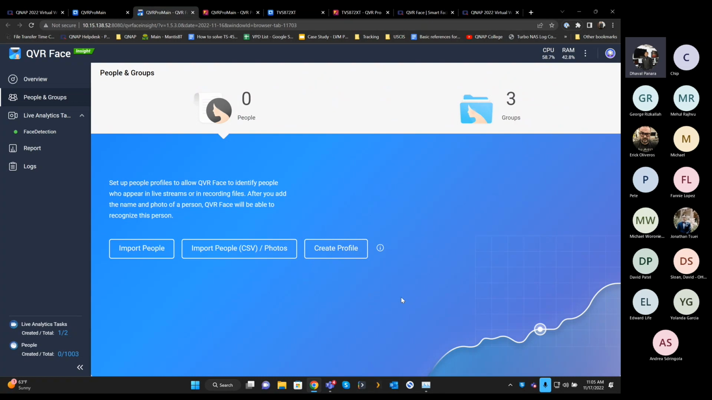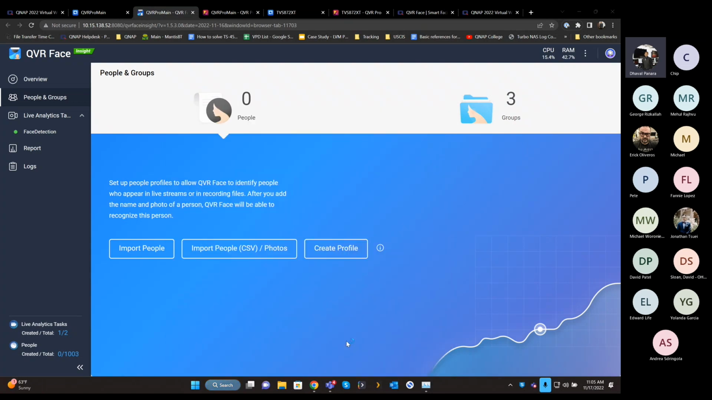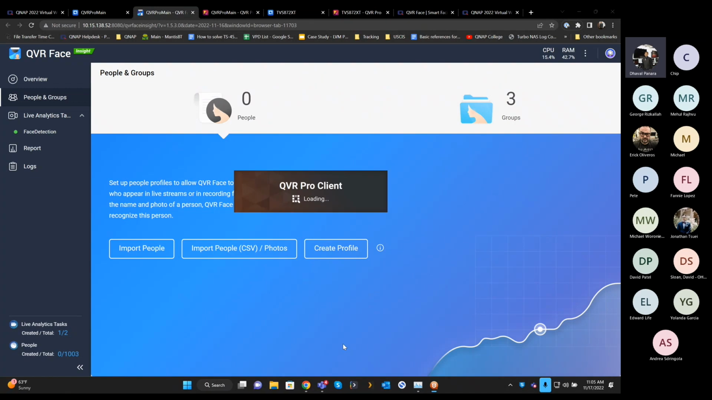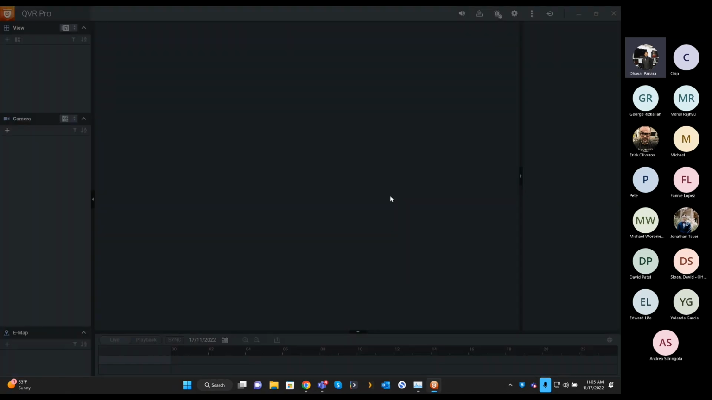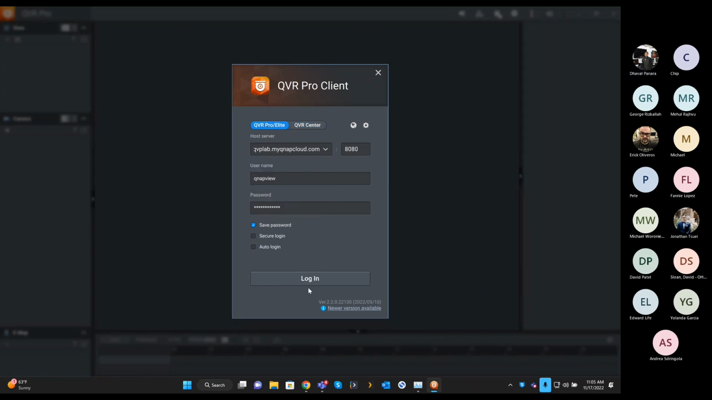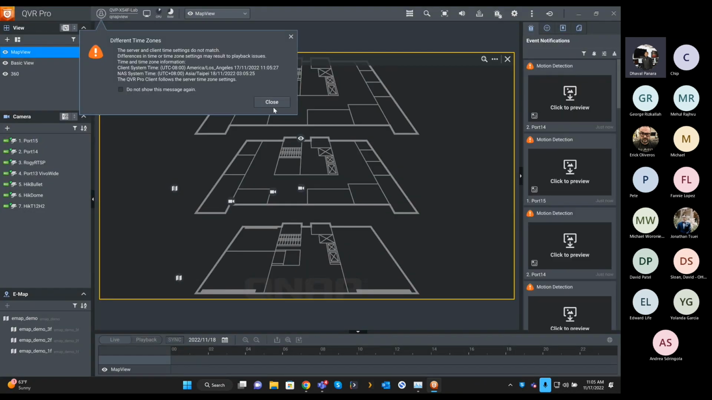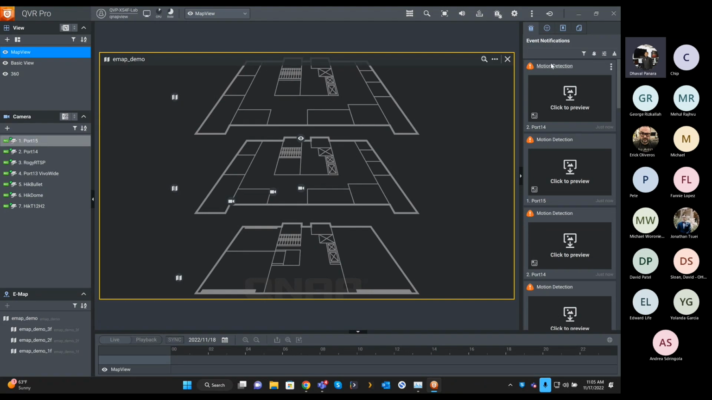your QNAP NAS. So here I'm going to give you a very brief, quick overview of QVR Pro and QVR Face working together before we move on to the first Q&A session. So here I have QVR Face. When you have QVR Face running on your QNAP NAS, and you have QVR Pro running as well, you can now use something called